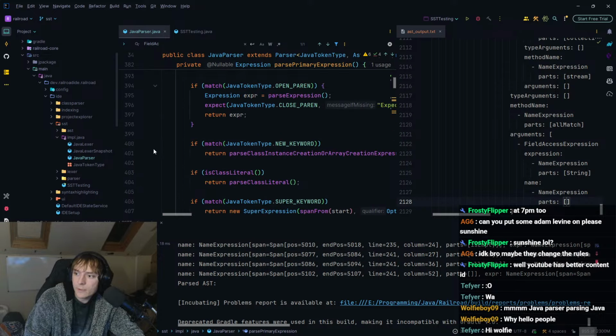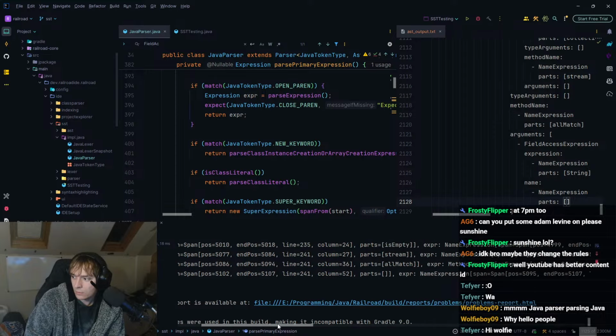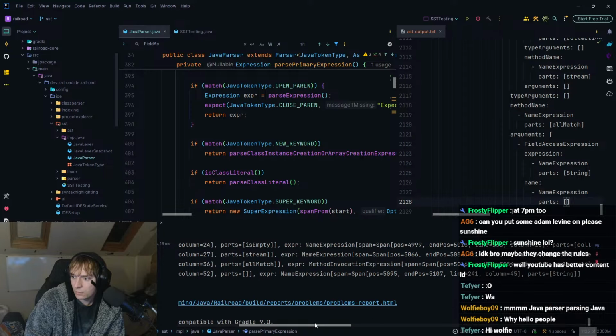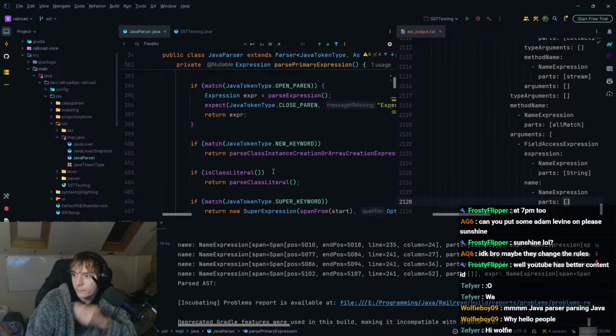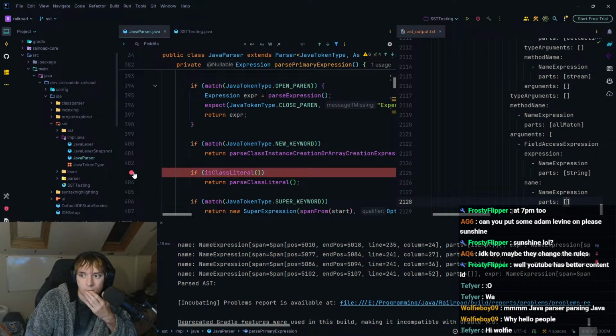So for whatever reason, it's not hitting this, and I don't know why. The only problem is that's really hard to debug. Like, insanely hard to debug. We could try breakpoint and check if the current pos is 5095. Maybe.